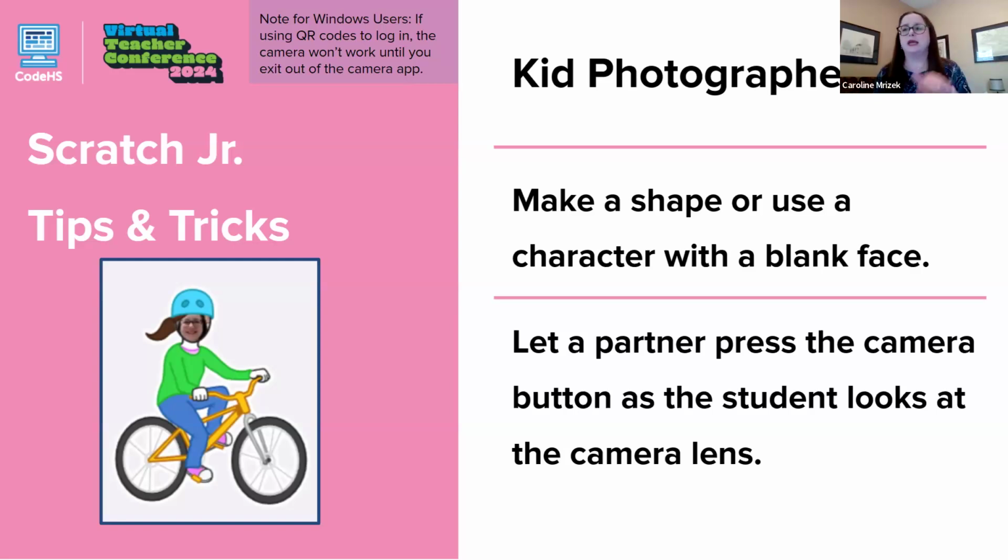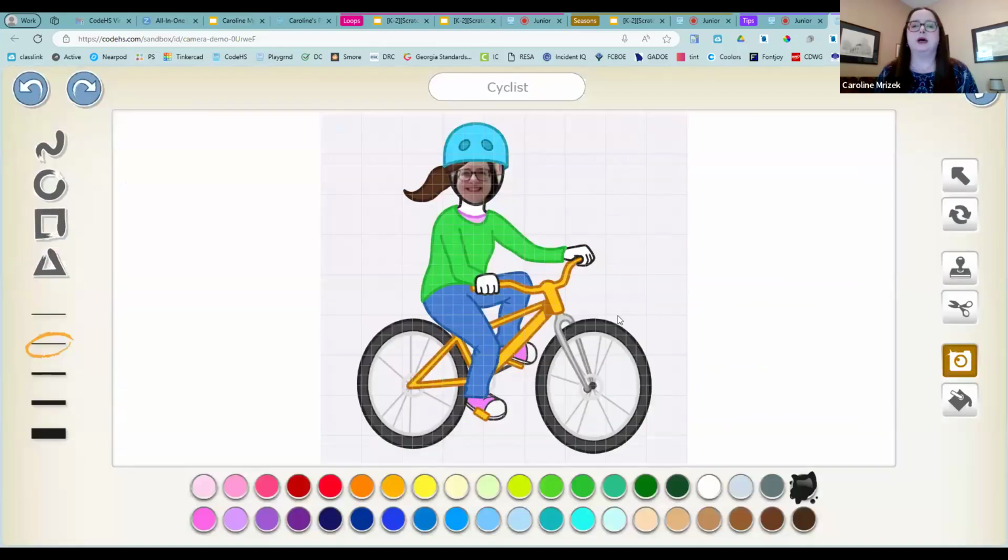I just go around and X out of the camera app, and then it works just fine. I don't want anybody to think, oh no, the camera app doesn't work for me. It's not that. It's just that Windows grabs that camera and it won't let you use it in another application. But anyway, you can use the camera to take a picture in one of the